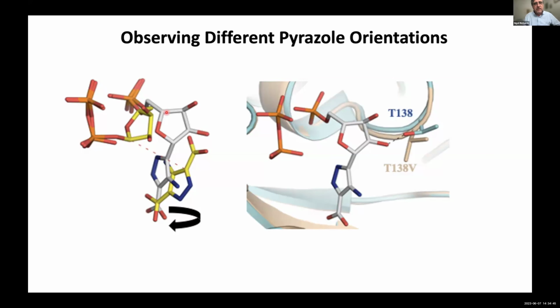And since we were in a race to publish this data, we didn't want to hang around and spend months doing QM/MM calculations and sampling and free energies. We wanted a very fast, rapid way of assessing the orientation of this ring for the chemistry. The other problem, of course, that is obvious, and I've already kind of alluded to it, is we'd like to know where the hydrogens are in this system. We'd like to know which one of these nitrogens has the NH bond and which one is the nitrogen with the lone pair. And there are some technical reasons to know that.